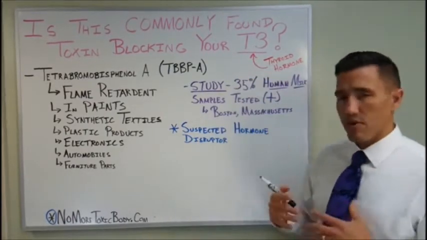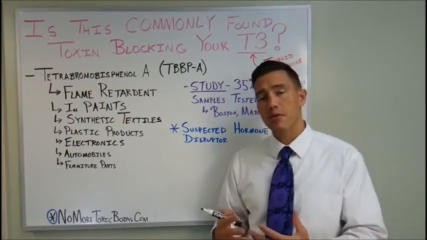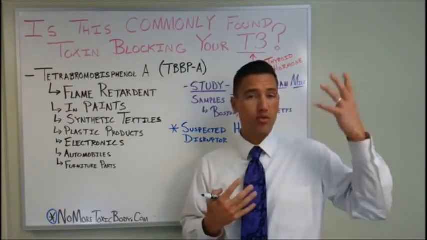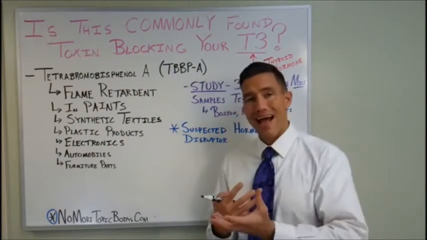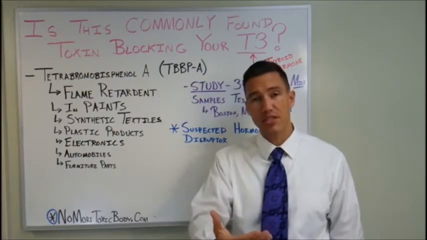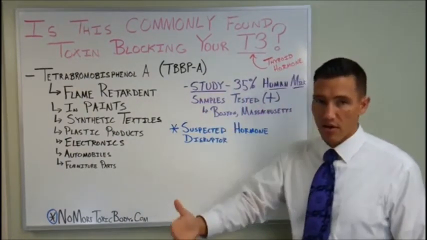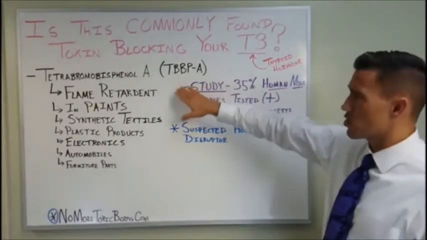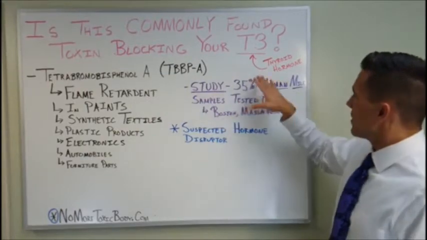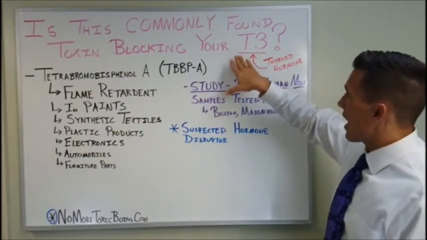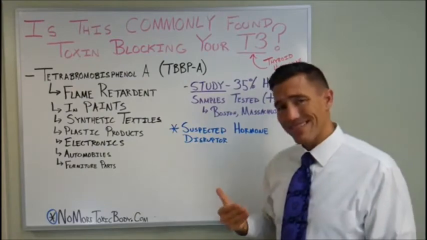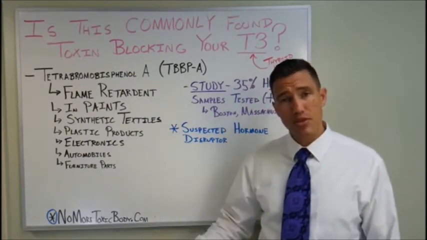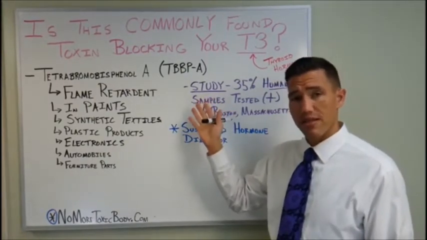One of the reasons that we really commonly see physiologically is that inflammation will decrease the sensitivity of the cells of your body to your thyroid hormone. So you can have normal quantities of hormone but not have the proper stimulation due to inflammation. This is just one more layer on top of that that is very difficult to test for. Now, tetrabromobisphenol A has been shown to have this effect where it can create this resistance to the T3. So might you have enough T3 but not have the ability to use it because of a chemical like this?